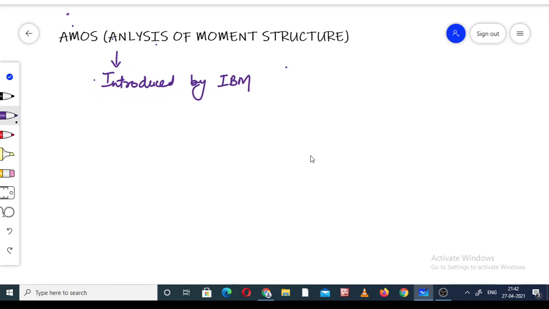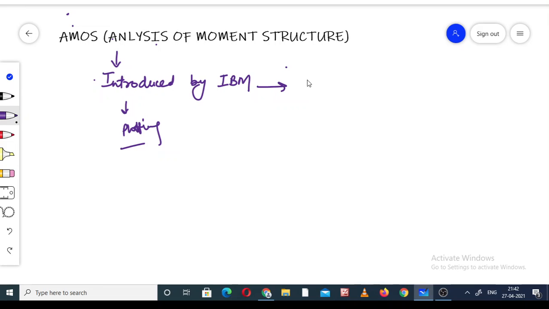After collecting the data, when a researcher would like to get the result, with the help of SPSS he enters the data and gets the result. The same in the case of AMOS: the researcher does the same thing and gets the output. The main difference is that in SPSS we get the output in tables, whereas in AMOS the result comes out in the form of a plot. That is the main difference.